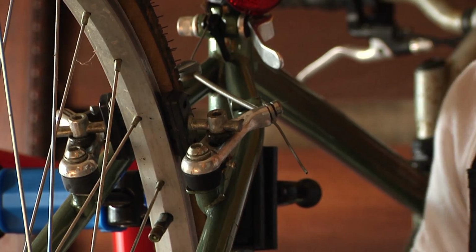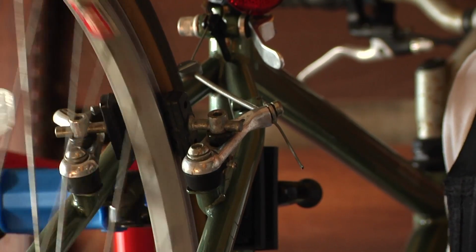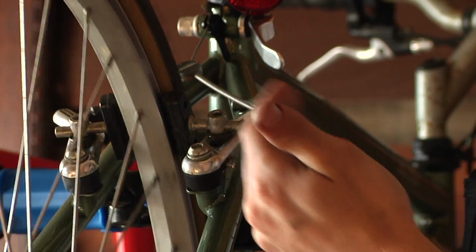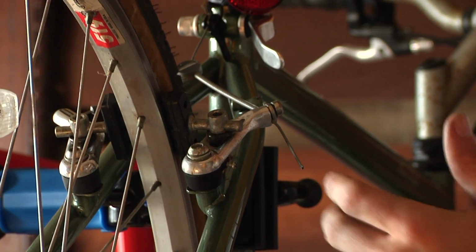Now at this point, you're going to want to give your wheel a spin. Make sure that the brake pads aren't hitting the wheel at this point. If they are, you're going to want to make sure that the wheel is true. If it's not true, it'll wobble back and forth and knock into the brake pads. If it is true and it's still knocking into the brake pads, then it probably means that they're a little